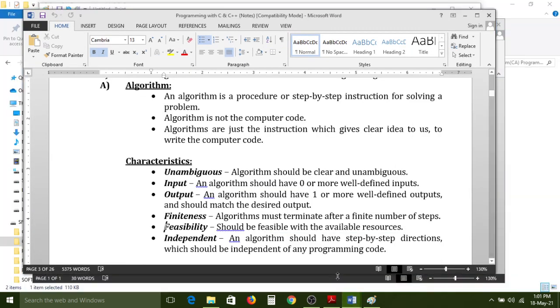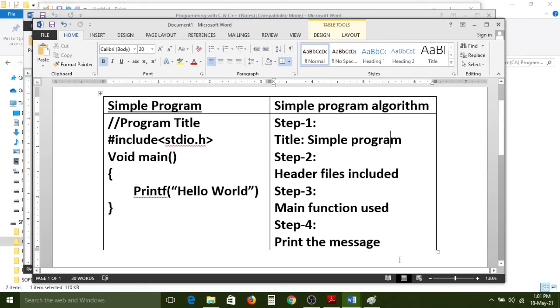Next, independent. An algorithm should have step-by-step directions which should be independent of any programming code. So actually it is a fake code. It is not an original code. An algorithm is nothing but a fake code to be understood by the client only. If you use the real code, then the client does not understand.